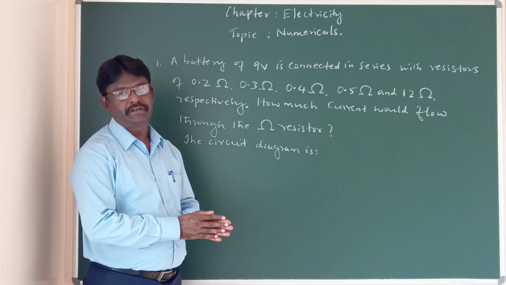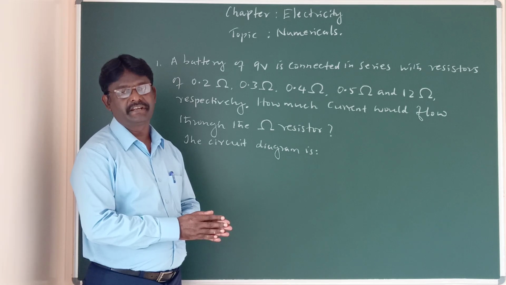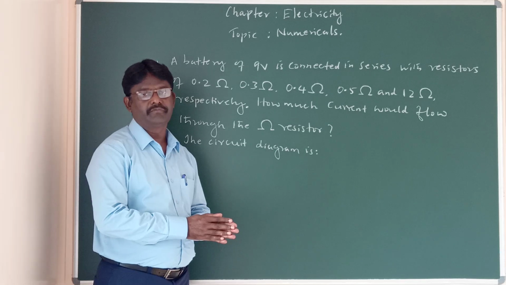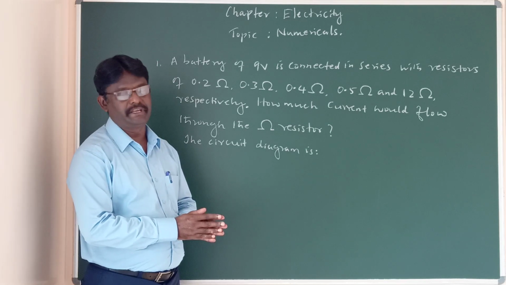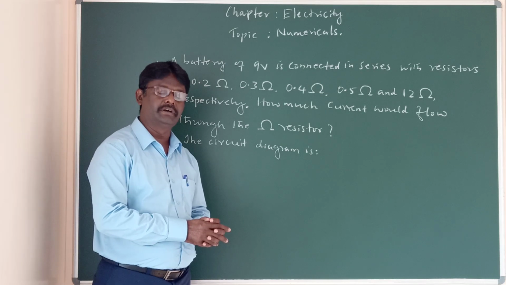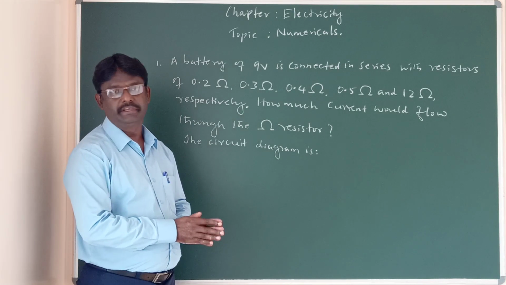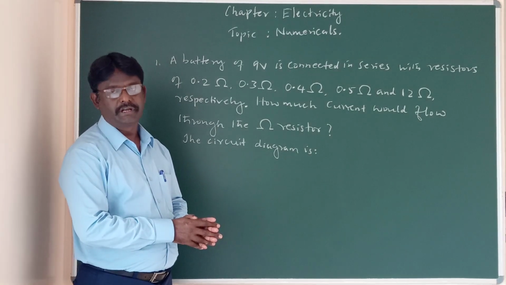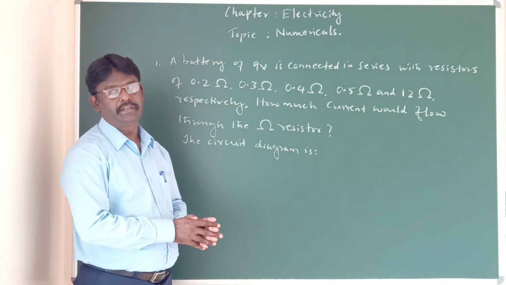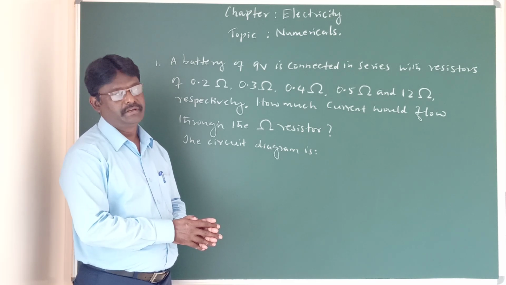Next, we got the equation for heat generated in a resistor, using Joule's law of heating: H is equal to I square RT. Next, for electric power, we have got 2 to 3 equations. P equal to W by T, E by T, then H by T, I square RT by T, T can cancel, I square R, VI, V square by R, like that and all.